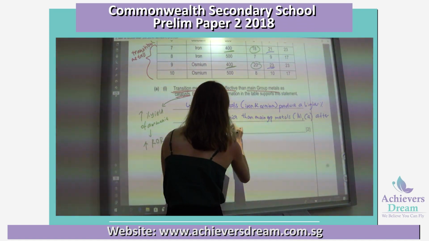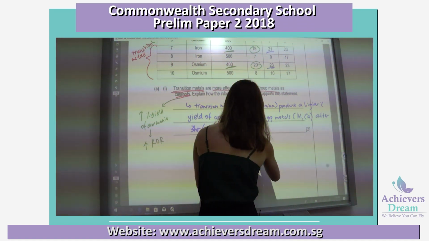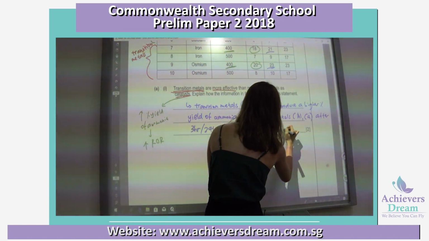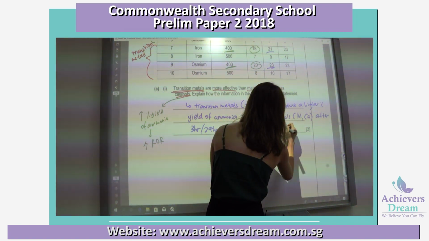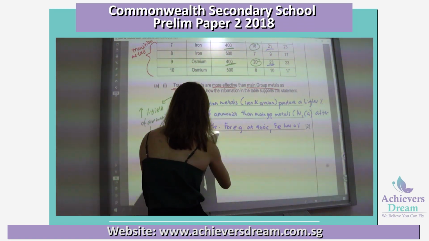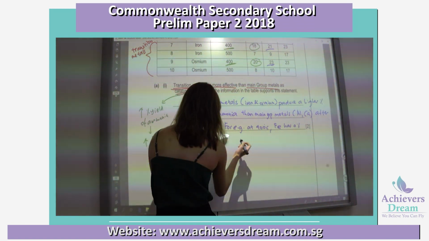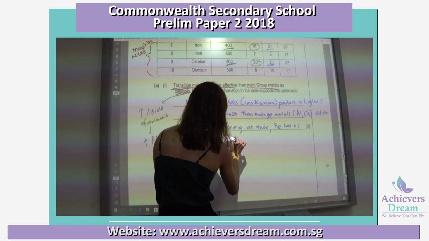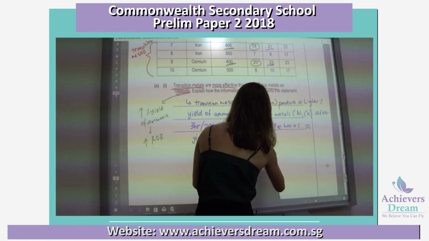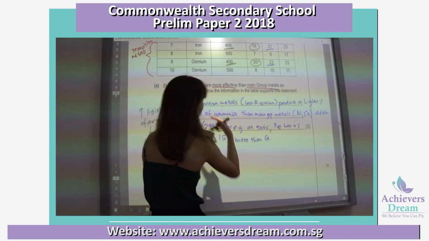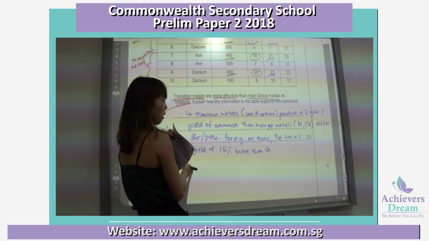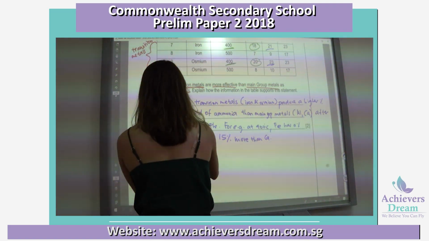For example, you say at 400 degrees Celsius, your iron has a percentage yield of 15% more than calcium. Okay, so I'm extracting data from the table to help me support my trend. Okay, then now for part B,